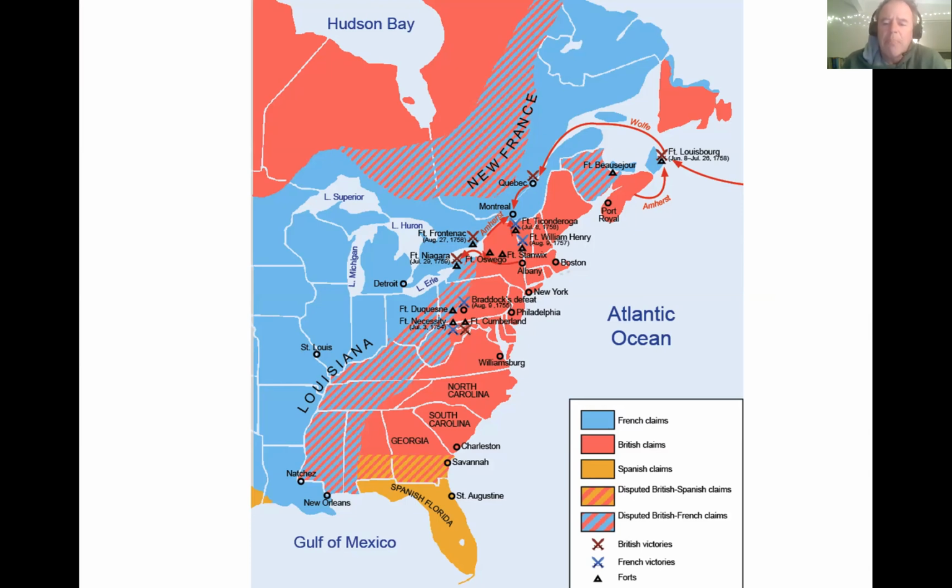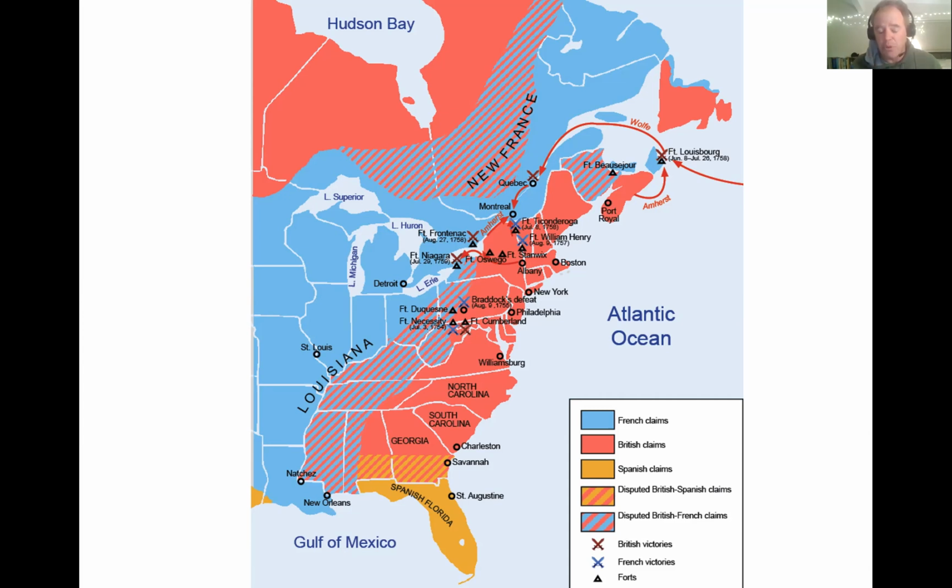So this is the political map of North America in the 1750s. The red areas are controlled by the British, the blue areas are controlled by the French, and the yellow areas are controlled by the Spanish. And what you should notice about this map is that there are a lot of striped lines. So the striped lines are the disputed areas in the map. This is a period, an area in which boundaries are not stable, and there's considerable tension throughout the 1700s,